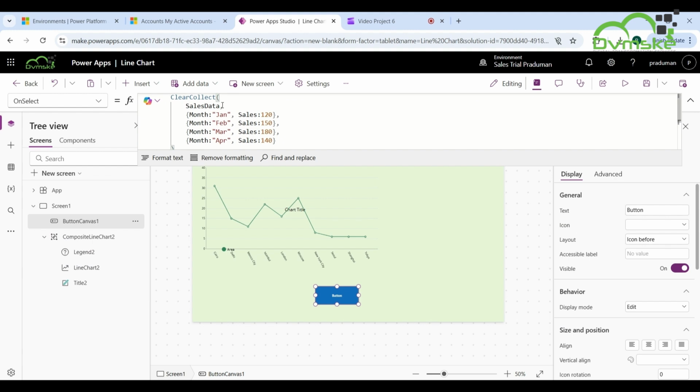Here we are using the ClearCollect function. ClearCollect first clears any existing data in the collection and then creates a new collection. In this example, we are creating a collection called sales data. Inside this collection, we are adding some sample data manually, where month represents the category and sales represents the value that will be shown in the line chart. Right now, I am using hard-coded values only for demonstration so we can easily understand how the line chart works